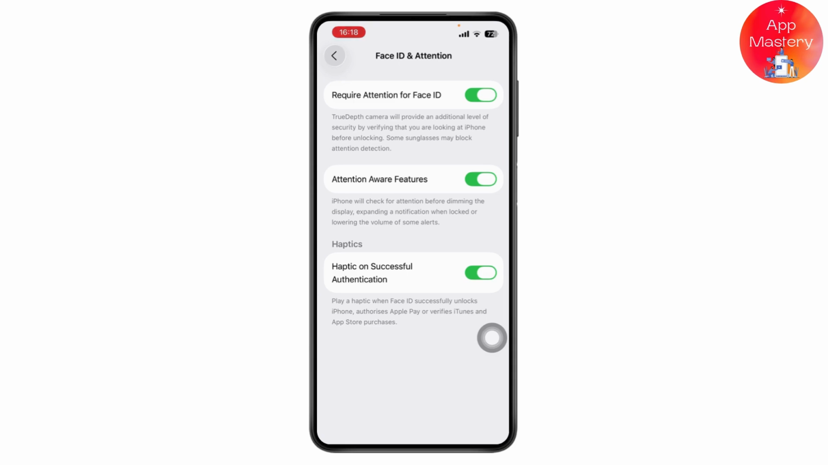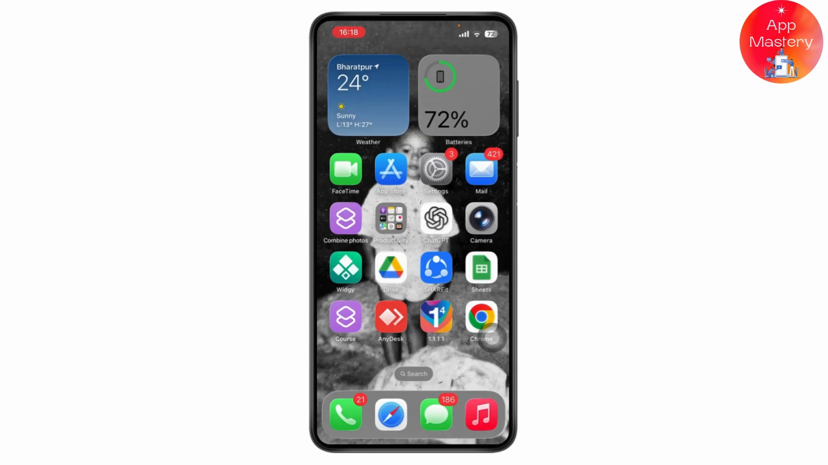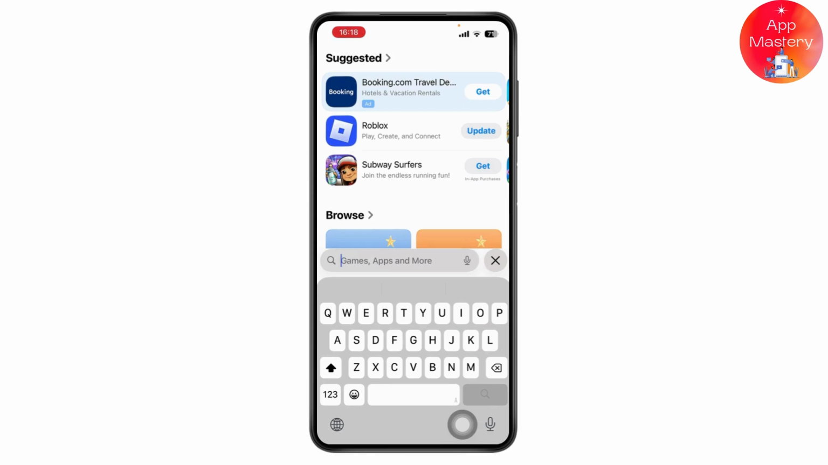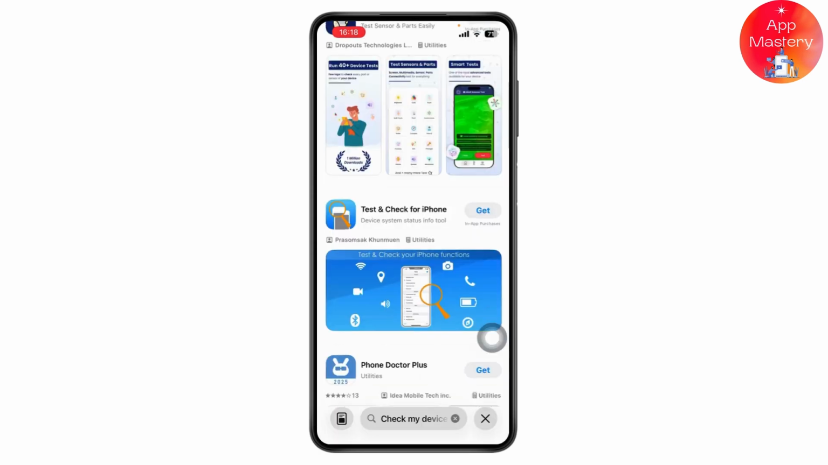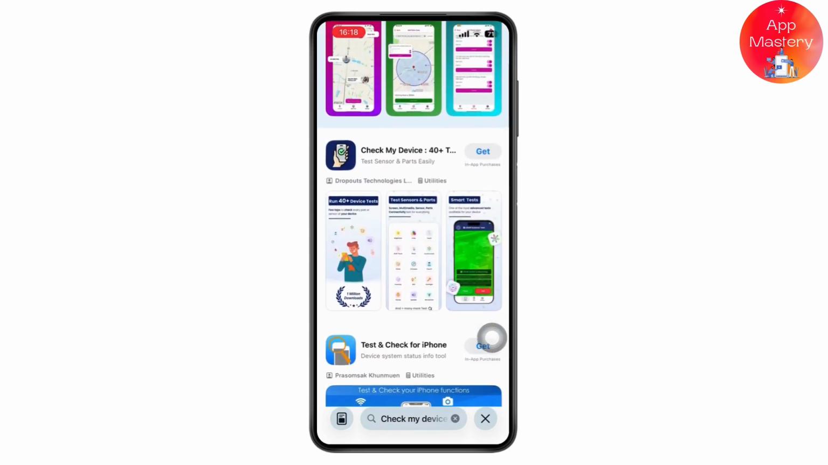is to check for hardware test. For Face ID related issues, open the App Store. After that, go with search, and under search, you need to search for Check My Device. So you need to go and download the application, which is Check My Device, and then it will show you